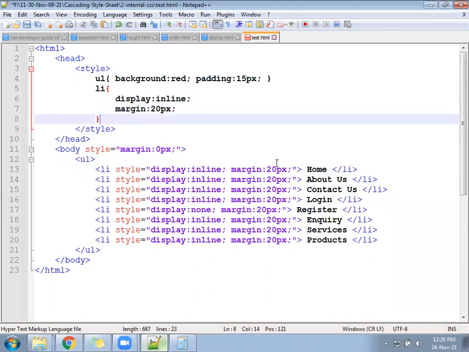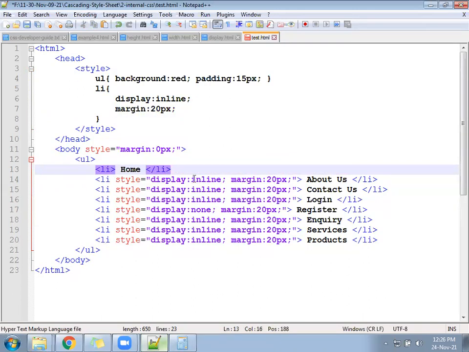Okay, now delete the CSS from all the li. From one li we have cut the CSS and pasted it on the top.